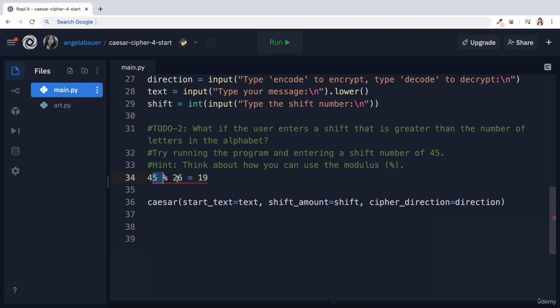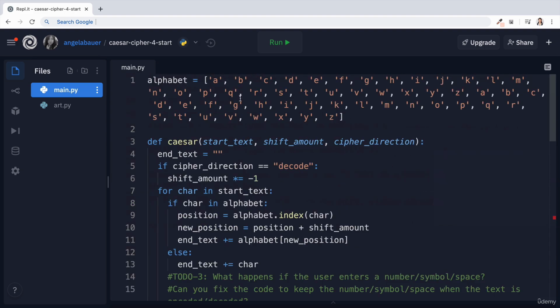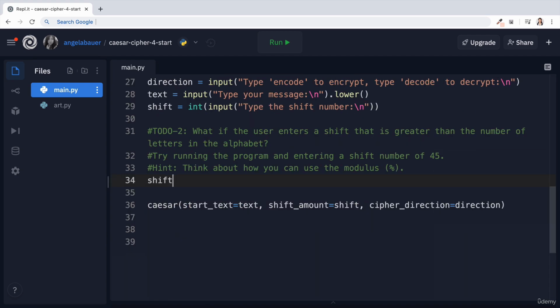And effectively, what this code does is it's going to divide a number by 26 as many times as needed until we get to the final point where it can no longer be divided fully and we end up with a remainder. And that remainder allows us to shift the shift number that's entered into something that fits in with the number of letters of the alphabet that we have in here. So then our code that we would have here is to modify the shift by taking the shift that the user entered up here and then using the modulus to divide it by 26 as many times as needed until